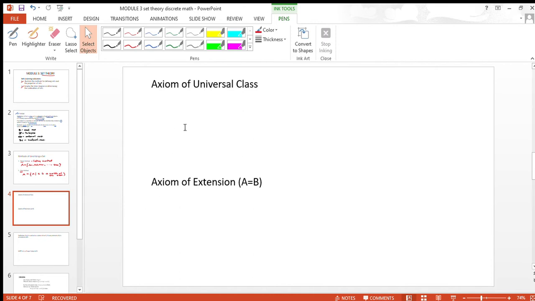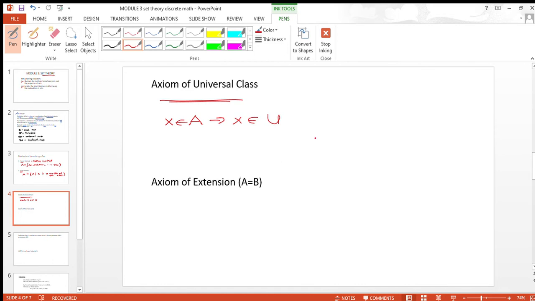And then we have some axioms of sets. So actually this can be seen in your module also. The axiom of the universal set only tells us that every element is an element of a universal set. So let's say x is an element of set A. This implies that x must also be an element of the universal set. So when we say universal set, it is a set that contains all the smaller sets